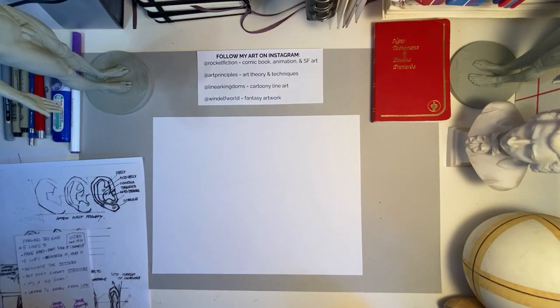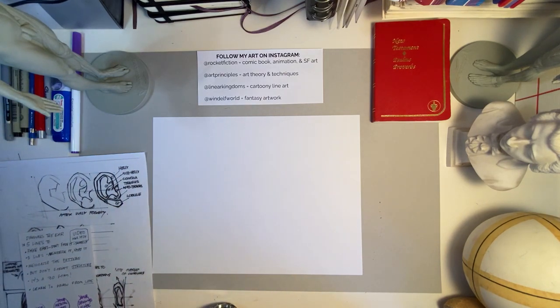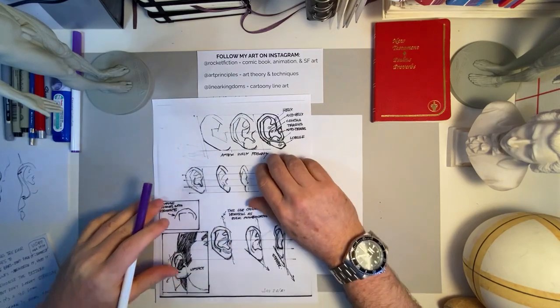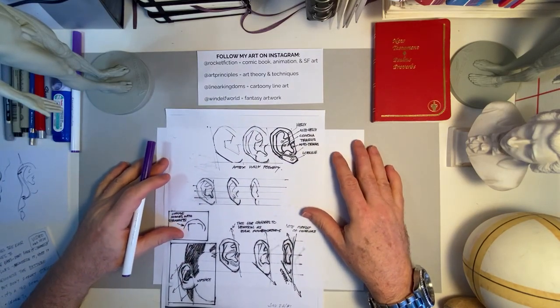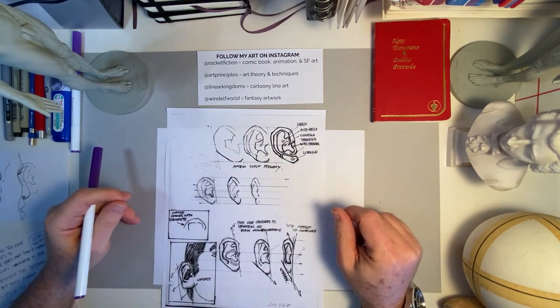In this video, I'm going to talk about drawing ears and pontificate about various things kind of surrounding that. So what prompted this is that I have this printout from an old sketchbook from 1981. I posted this on my Art Principles Instagram account, but